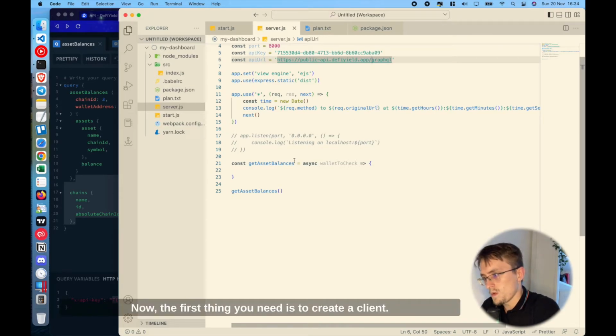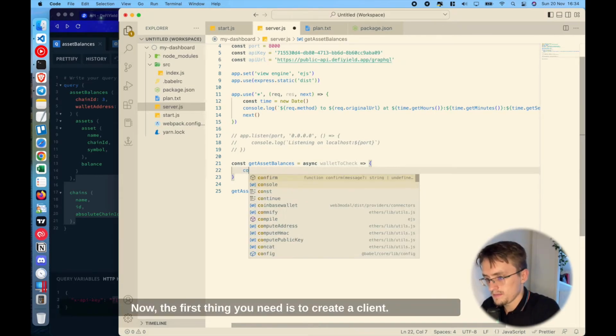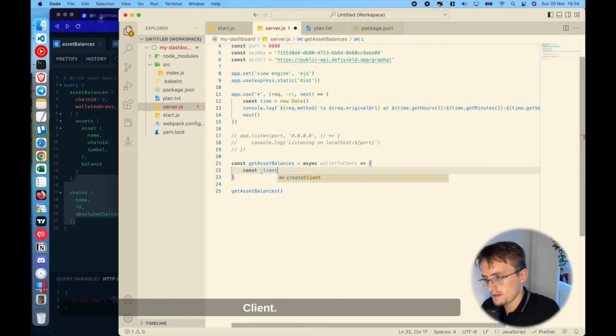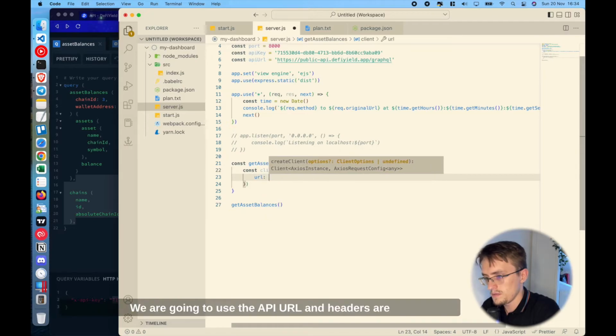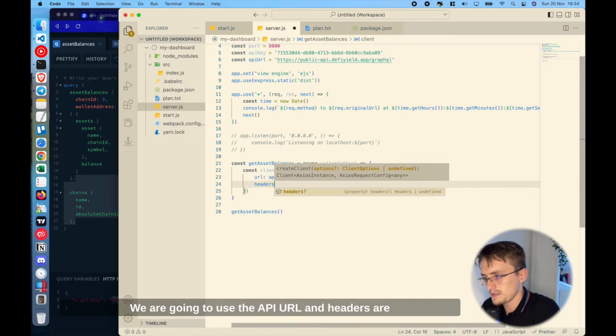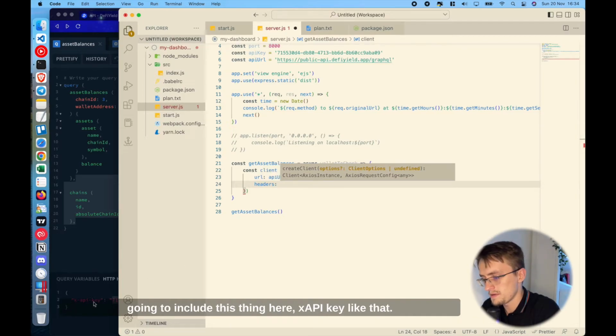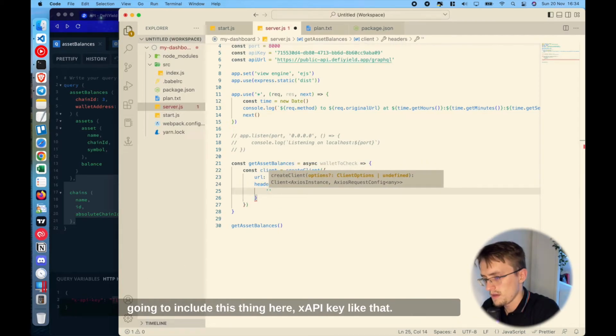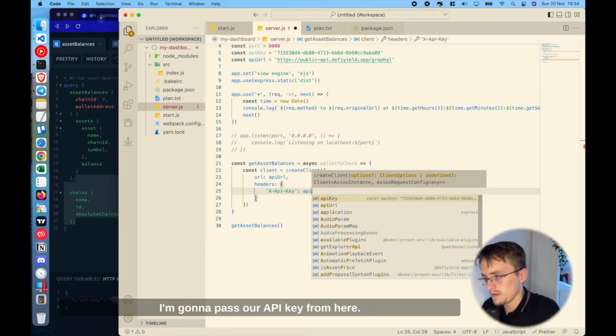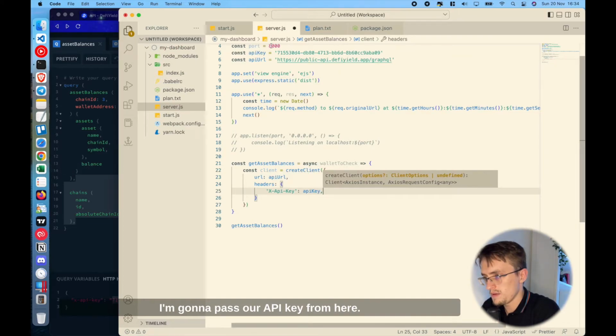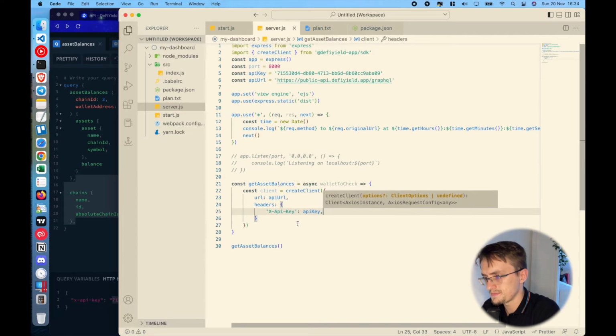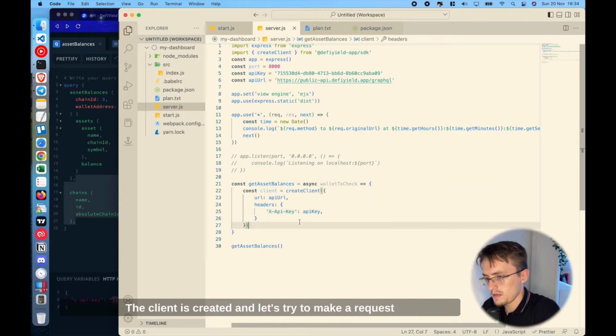Now, the first thing you need is to create the client. Create client. URL, we are going to use the API URL, and the headers are going to include this thing here, X API key, like that. I'm going to pass our API key from here. Okay, the client is created,